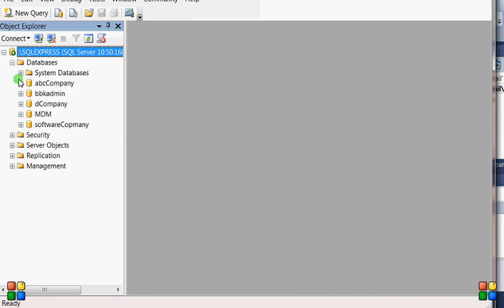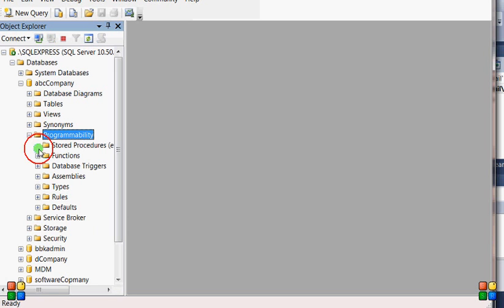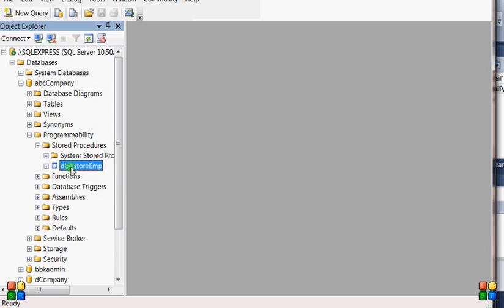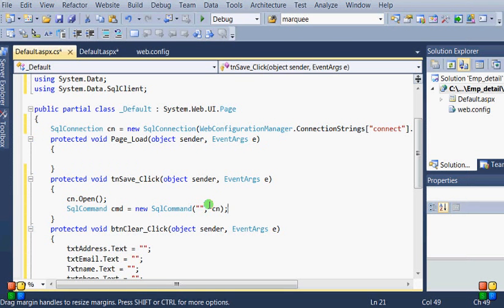The procedure is always there in the database under Programmability. Right now, open Stored Procedures and there is the procedure. Its name is store emp. So just copy and paste store emp here.